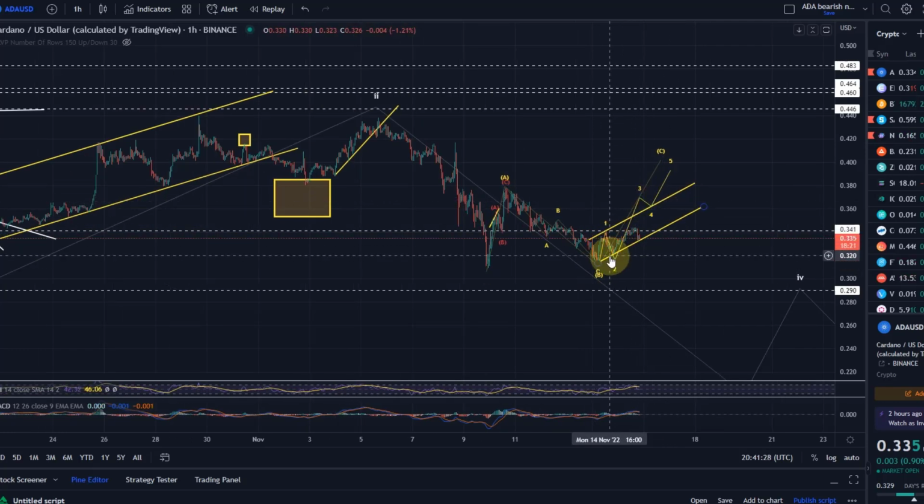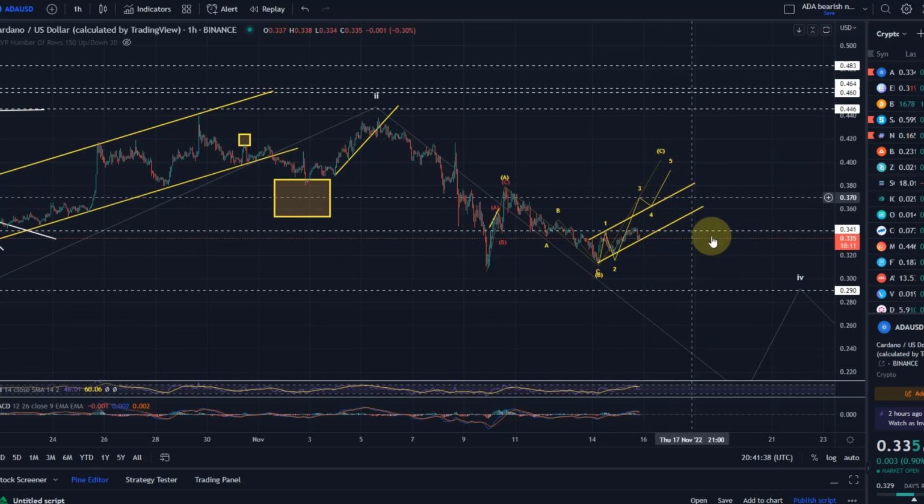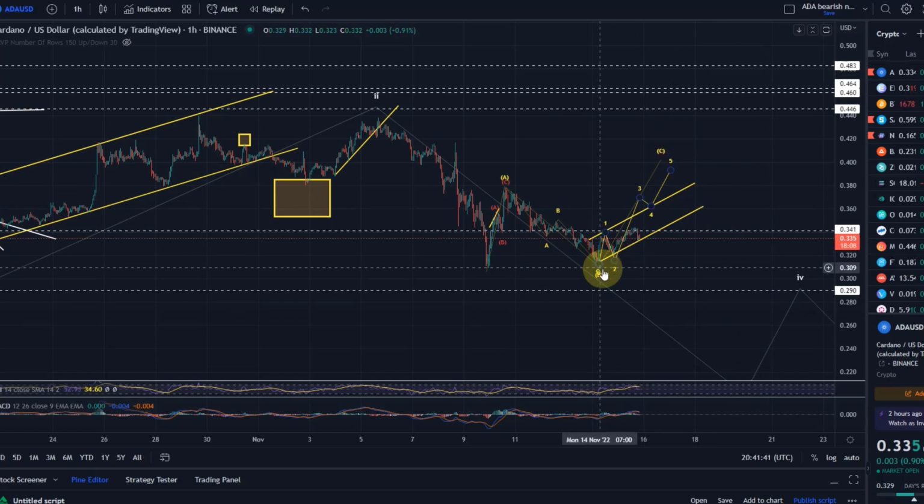And then obviously when we see 5 waves up. As soon as we see 5 waves up, we need to be on the side of caution, because that means that the wave pattern is exhausted and that we could very well then come down already in a wave to the downside and make a lower low.